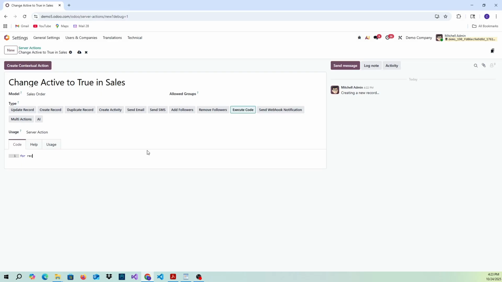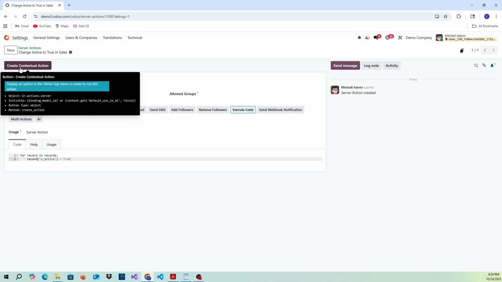For record in records, with an S, enter record, square brackets, and single quotes, x_active equals True with a capital T, and let's click save,